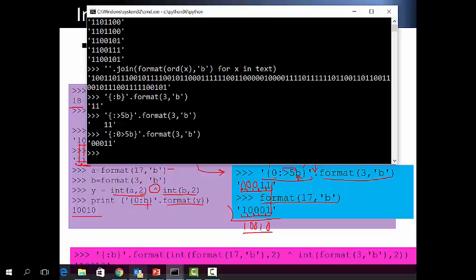All together, if you want to do it all together, then this is the thing that you need to do, okay? For example, colon B, okay, and then format int, format 17.